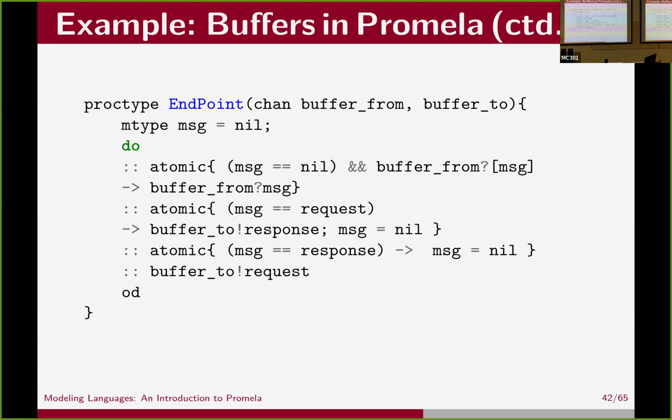So here we can send a value, right? Remember, for read, it has to be a variable, but here we can also send a raw value. So we're going to send a response, and we clear the message. And this we also want to be atomic. We could decide not to make this atomic, but we decide to do it. And again, here we want to atomically say